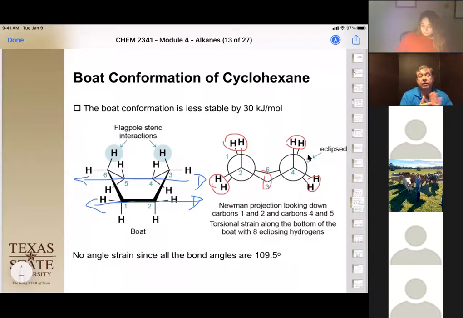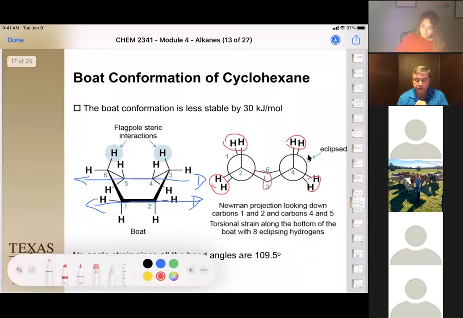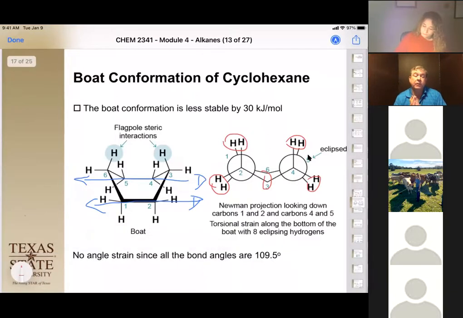In our chair conformation, we had completely staggered, okay? And only one gauche interaction with the methyl groups. Now, when we have the boat configuration, we actually have another energy barrier to us, and that's what we call these flagpole hydrogens. So if you have the ends of the boats, you have two flags on there, those two hydrogens are the closest together of any of the hydrogens in the system. And so they're going to push each other apart,